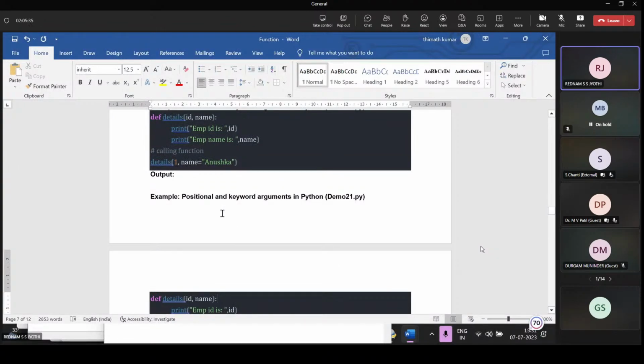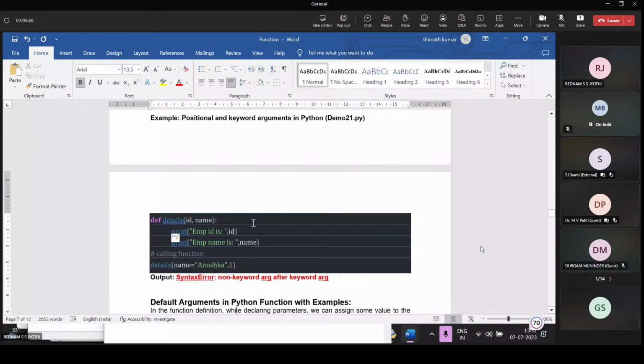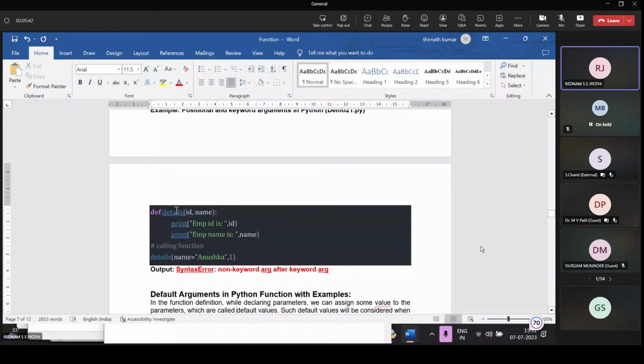Next one is positional and keyword arguments together. def details(id, name): the details function consists of two print statements, and I want to call that function. The function name is details, and name equals Anushka, comma, 1. Here 1 is a normal positional argument, and name equals Anushka is called a keyword argument, right?